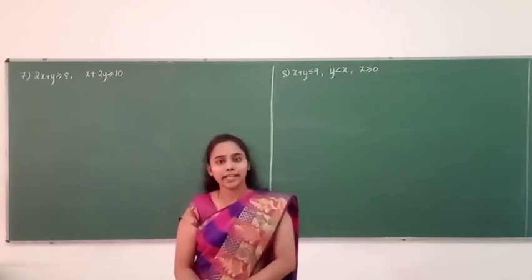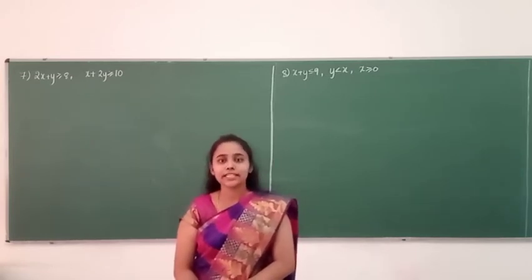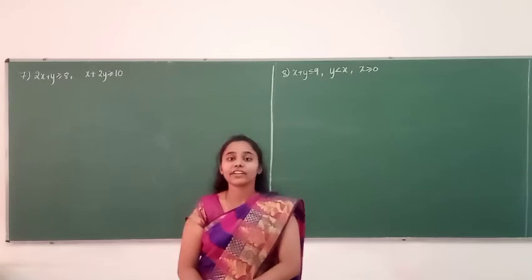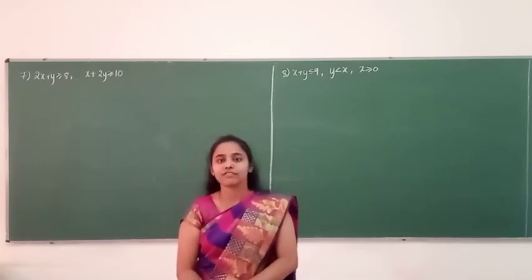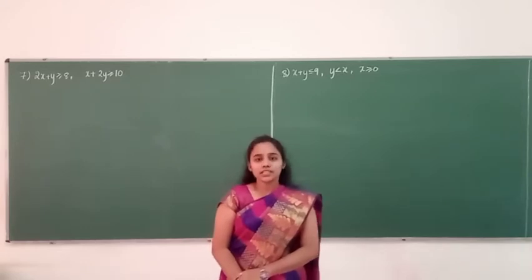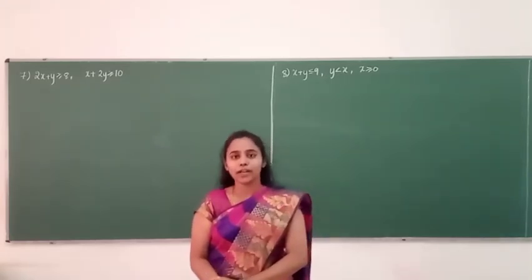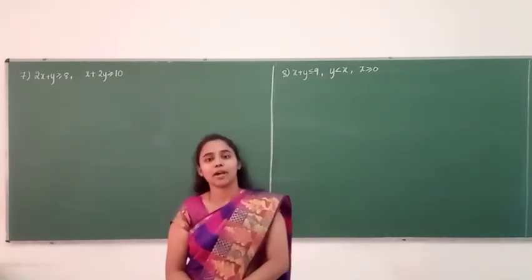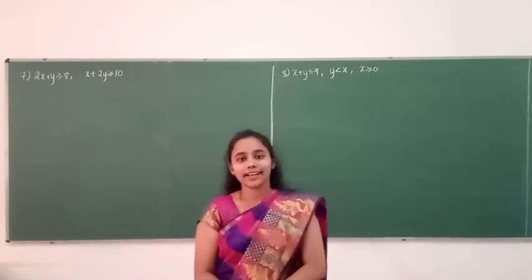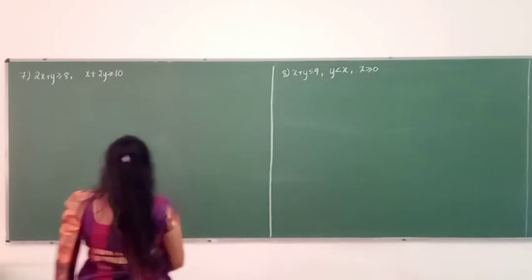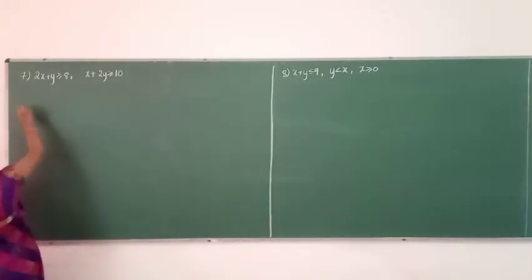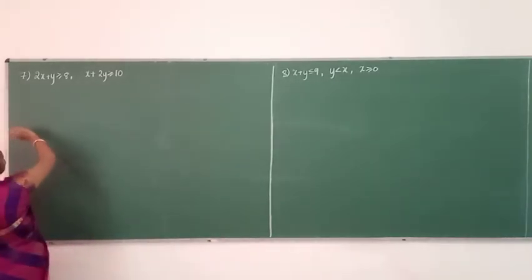You put the inequalities, solve for the inequalities and later plot the graph after getting the feasible region. Feasible region is nothing but the common region. After getting the common region, just open your video link again and see whether you have got the same answer or not, that is, whether the graph is right or wrong. Now we'll be moving on with the next exercise, that is 6.3, the 7th one.